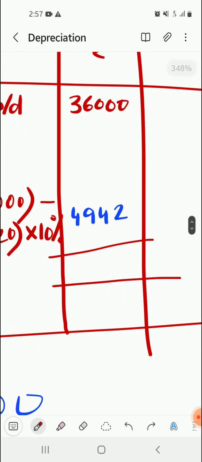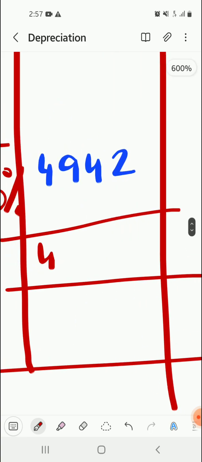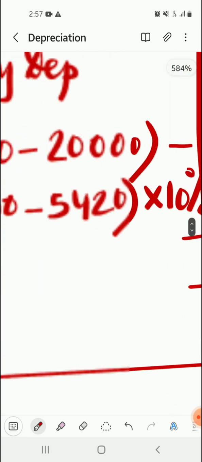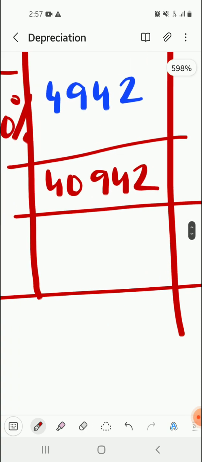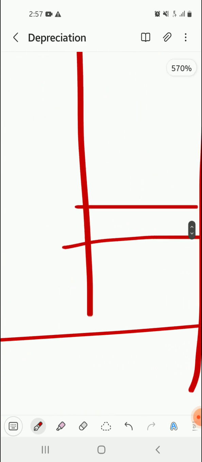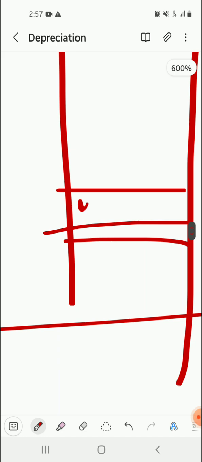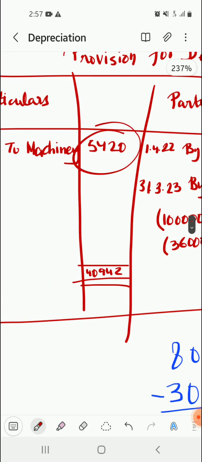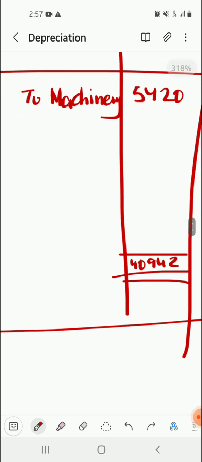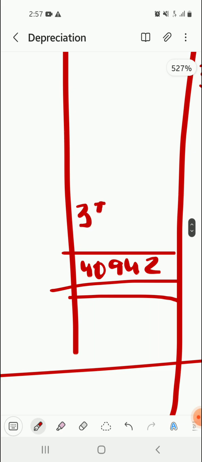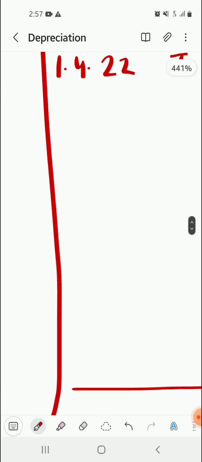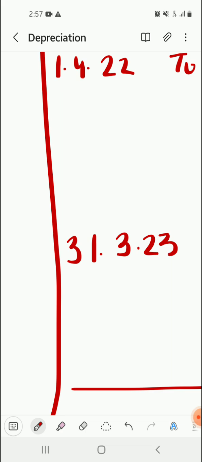Adding both these together, we get the total, and from that we deduct 5420. Once we do it, we get the balancing figure, that is 35,522. So this is our balancing figure we're going to write on the last date, that is 31st March 23,